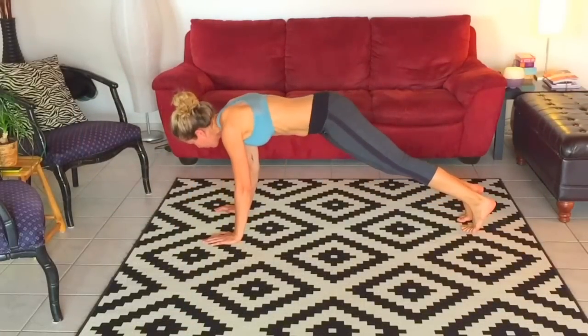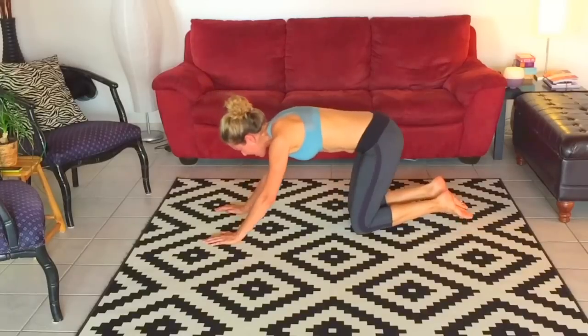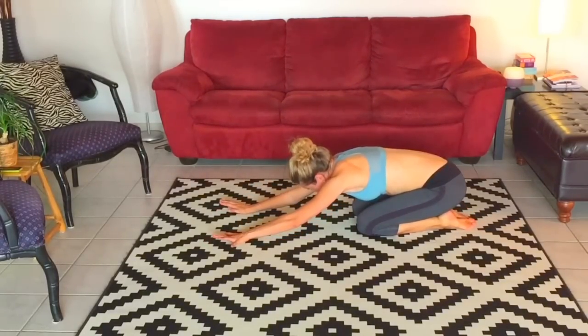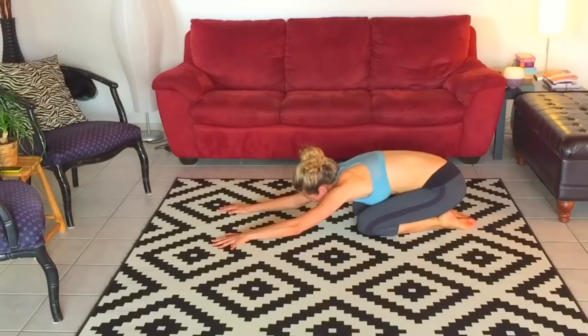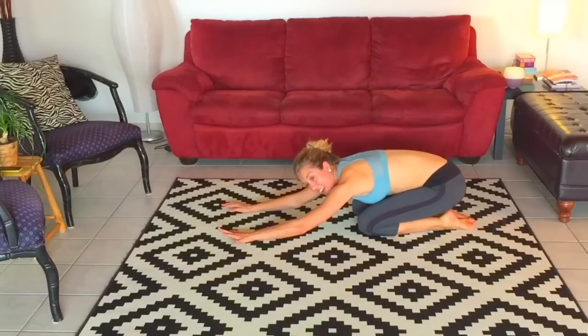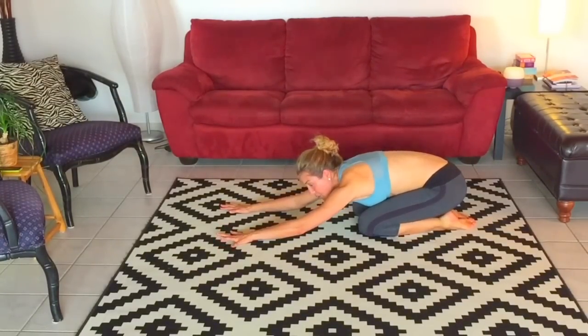Two more. Knees down and sit back. That one's really intense and a wonderful way to work your body if you are more advanced and want more of a core strengthener, but you've got to do it with a lot